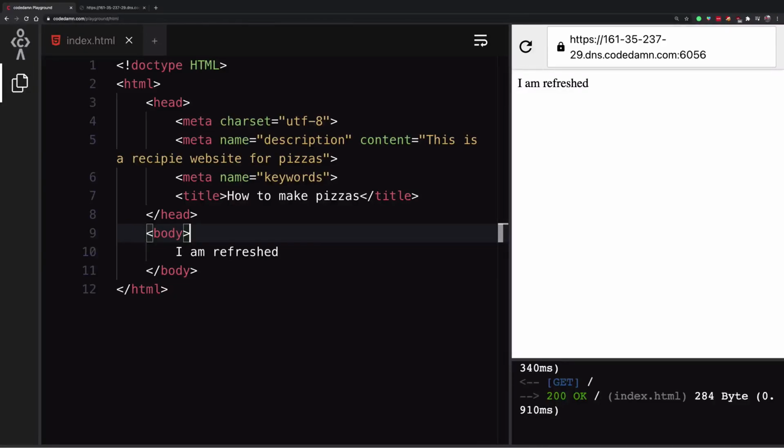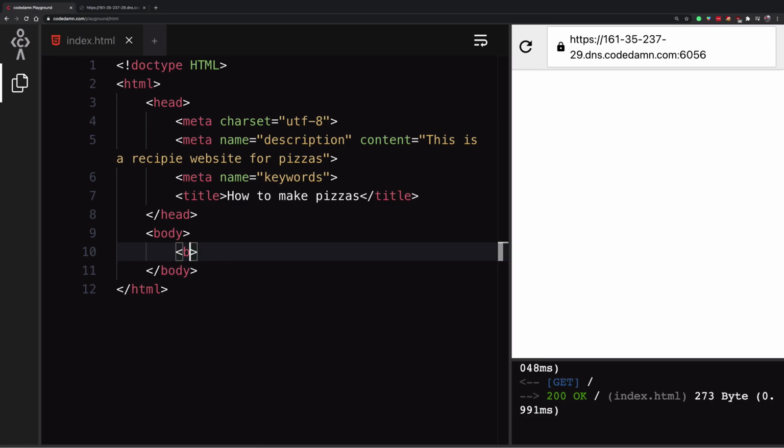Hey everyone, welcome back. In this video, let's discuss the difference between logical and physical tags. Now, this is not really a technical term. I've just used it because some people use it and I kind of like it, but I'll explain what this means. So in HTML, from our basic course, you have seen that